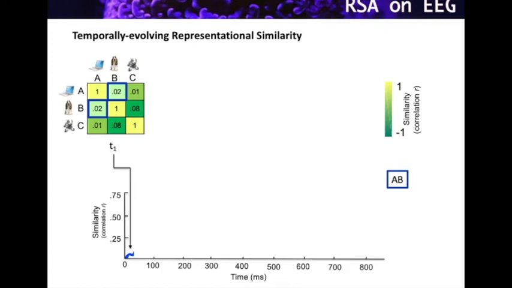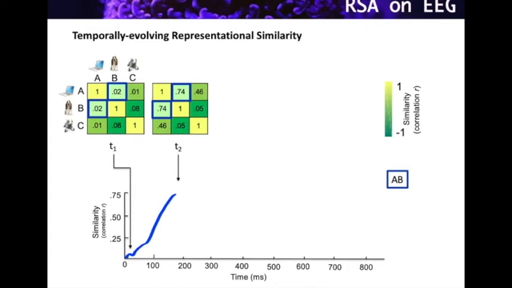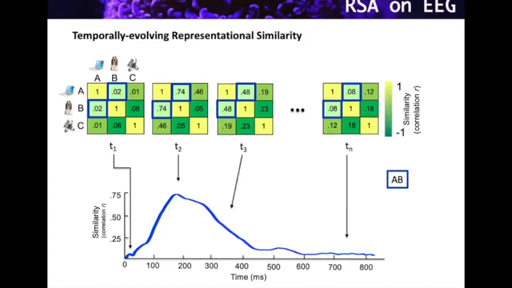So basically now we have constructed the representational similarity for a given time point, and we will do exactly the same for another time point, say time point 2, and then we could plot the value that we obtain for the same sort of relation and so forth until we basically finish up. So in here, what is plotted is the distribution over time of how two elements are similar to each other in the context of EEG neural patterns.